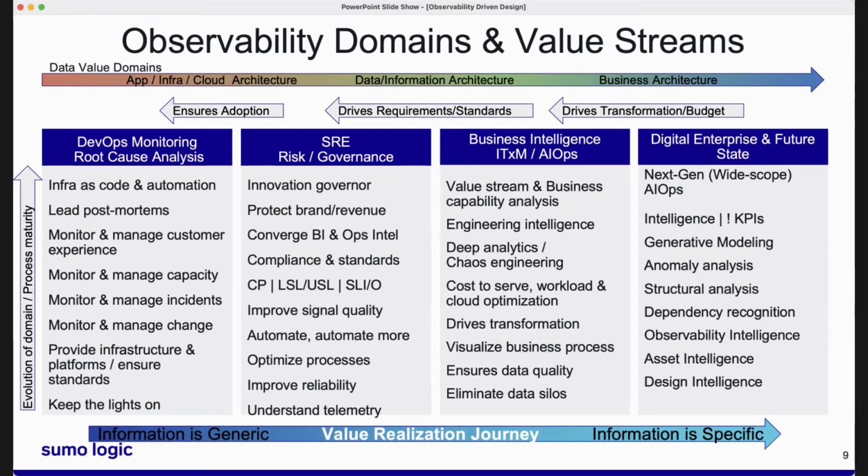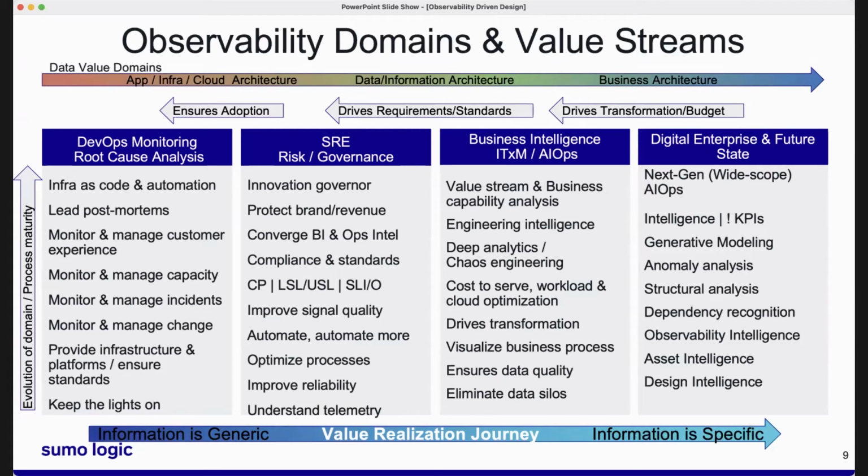Now, within all of this, it's important to understand the value streams of what's taking place here, because on the left, all of this information, this machine scale commodity data, it's very generic. There's not a whole lot of intelligence in that data. It has to be enriched, it has to be processed, it has to be correlated. It has to be put through its paces in terms of that cardinality, being able to tie all the stuff together. And as you do that, the value of that data increases to the organization.